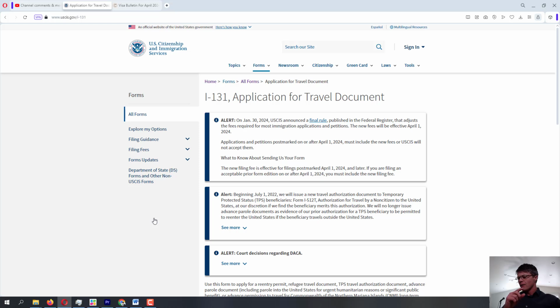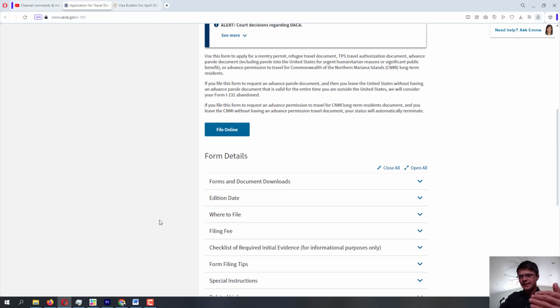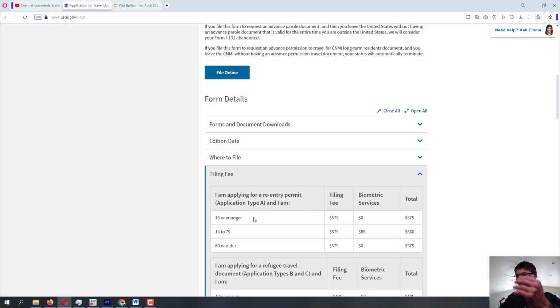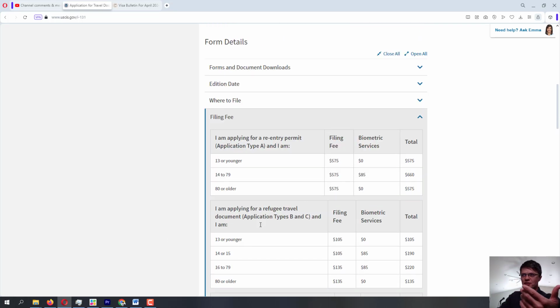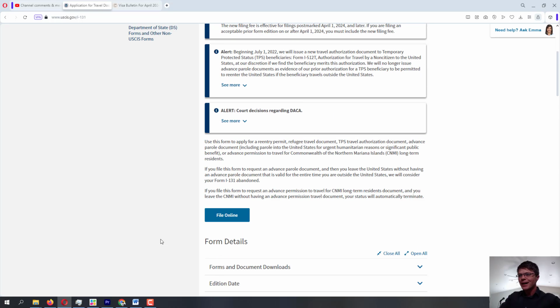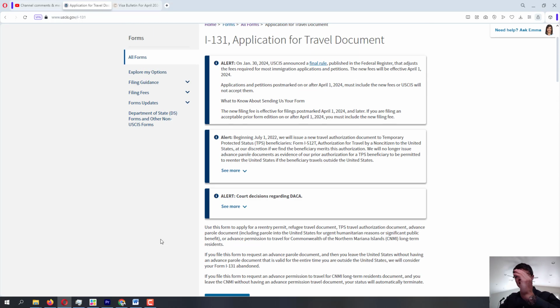But if they do, I'm assuming you have a copy of your original green card, your permanent residence card, and the receipt notice that they sent you after you submitted your application for the replacement permanent resident card, and technically that should be sufficient. But again, it's not a bad thing to be on the safe side. Yes, you are spending some extra money, quite a lot of money. It's not a cheap application, this re-entry permit, but if you want to be on the extra safe side, you can definitely do that.